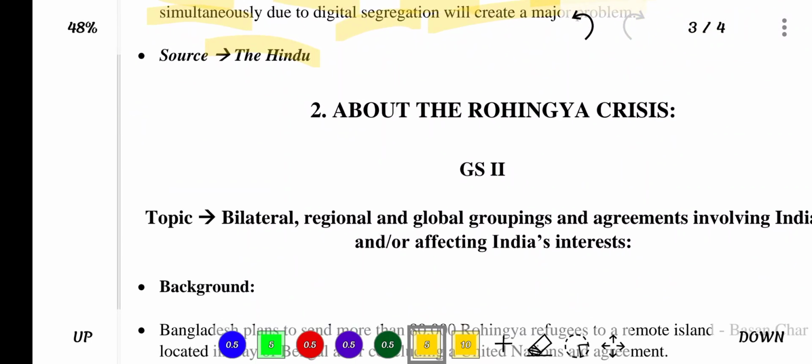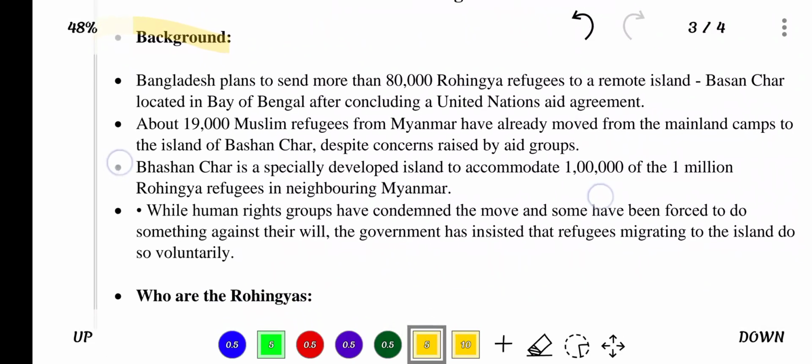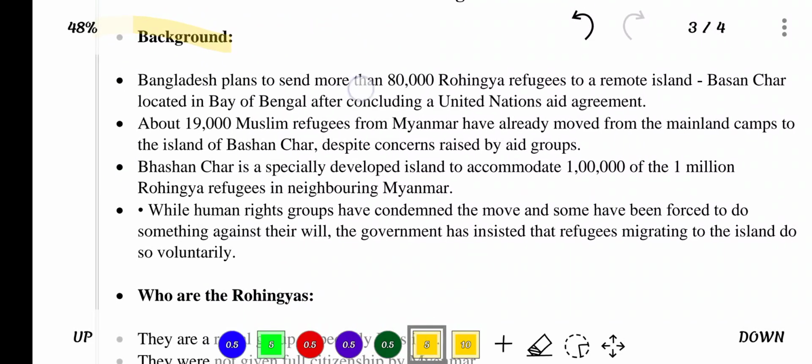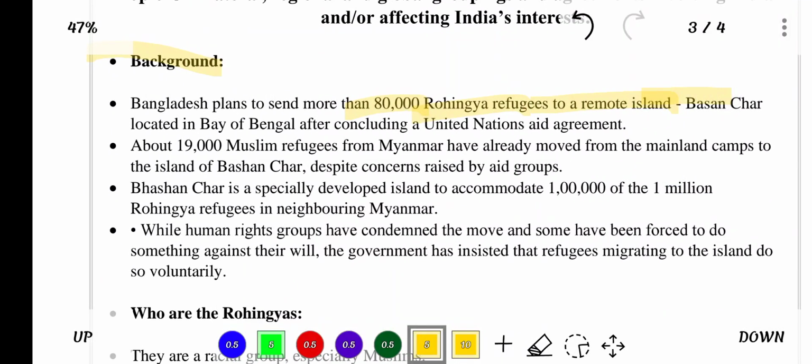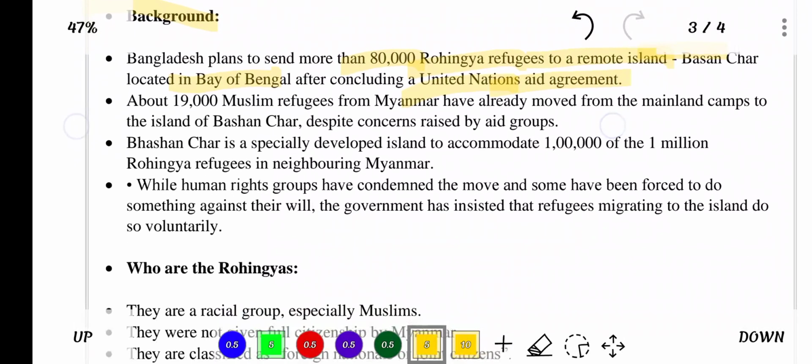The next topic in news is about the Rohingya crisis. So, background: Bangladesh plans to send more than 80,000 Rohingya refugees to a remote island, Bhashan Char, located in the Bay of Bengal, after concluding a United Nations aid agreement. About 19,000 Muslim refugees from Myanmar have already moved from the mainland camps to the island of Bhashan Char despite